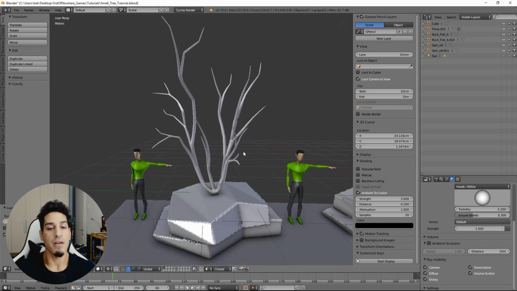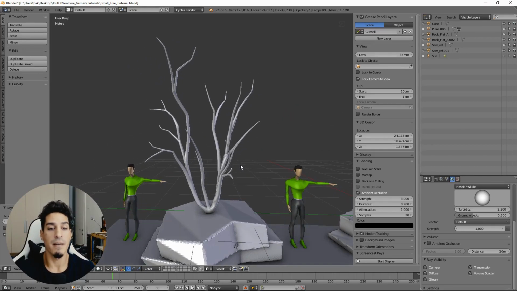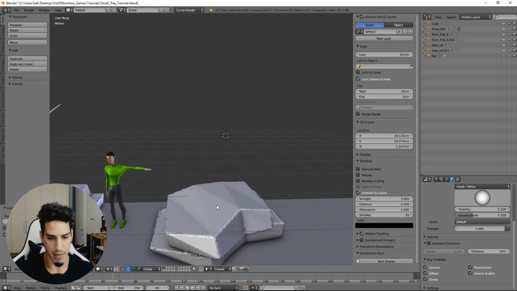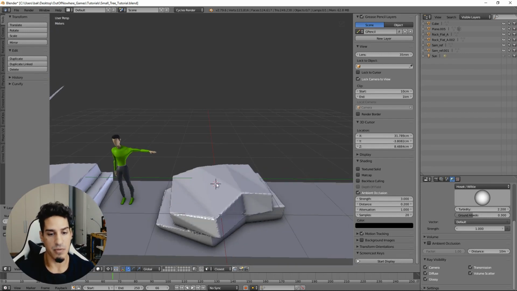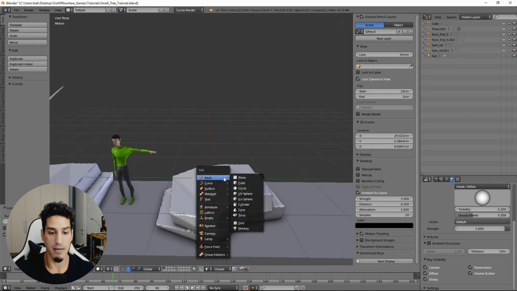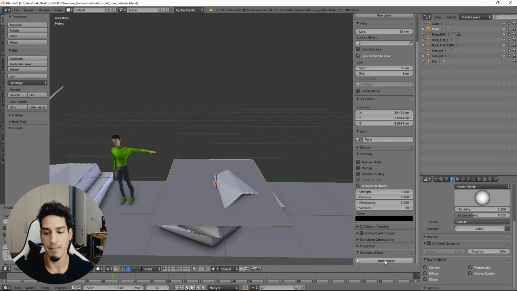In this tutorial we are going to make this in 5 minutes, okay? So we're going to make a tree from nothing. The first thing to do is to position your cursor, then you're going to add a plane,